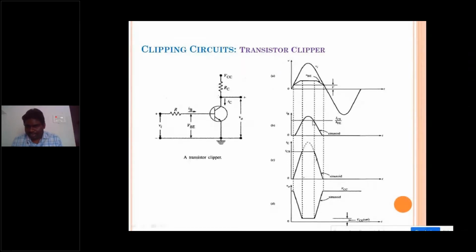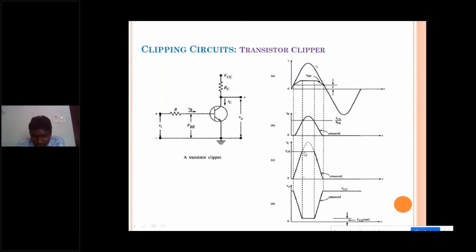Now, if the base current decreases, the collector current decreases like this. But once the collector current reaches saturation, even though you increase the base current, there is no increment in the collector current. That we call the clipped portion. If you convert that into output voltage, I can simply calculate it. Output voltage is equal to VCC minus IC into RC. You can see here IC is increasing, so in VCC minus IC into RC, when IC increases, the negative portion increases.